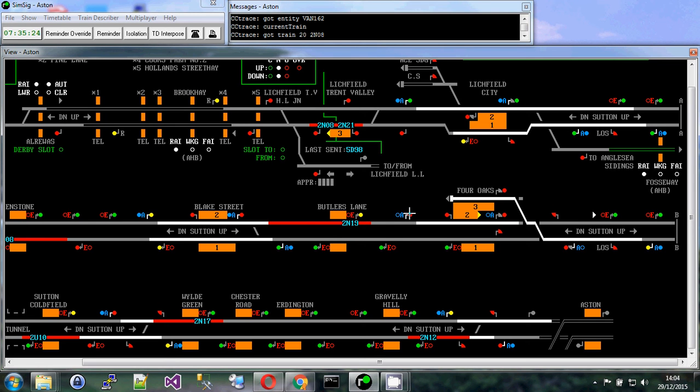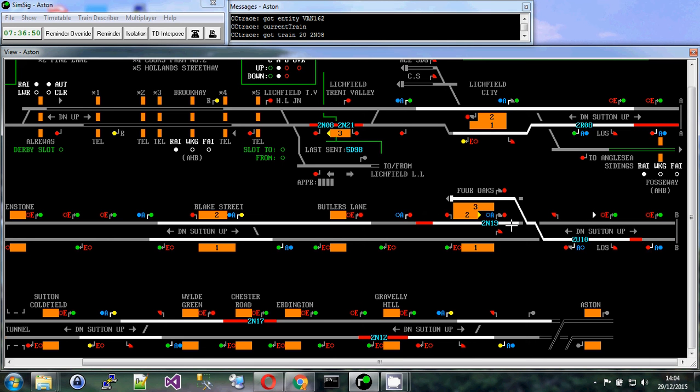And the theory there is that the train will then be going slowly enough that even if it gets to here, it's going to be able to stop before it gets to the red signal. Whereas if that was showing a yellow and 2N19 comes around here at about 40 miles an hour, then it might run through the red light and need the overlap. So you'll see at some stations you have this call-on signal, it's a yellow arrow,